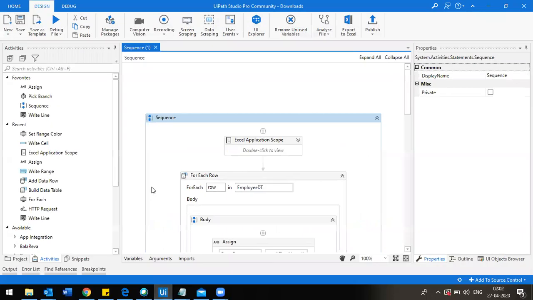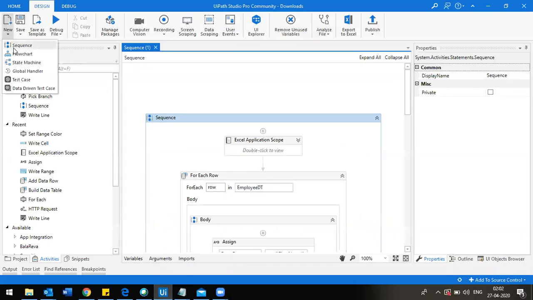So in UiPath, we cannot create APIs, but we can use APIs as a kind of service. Okay. So let me share my screen. I will explain how we can use those services. So I'm opening the tool.